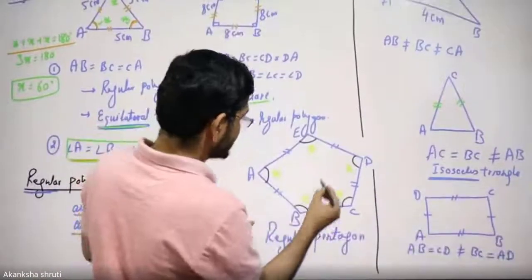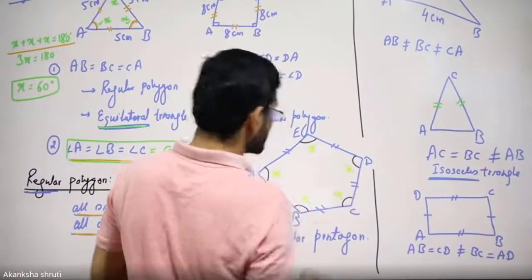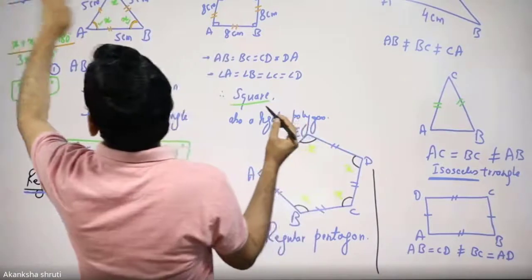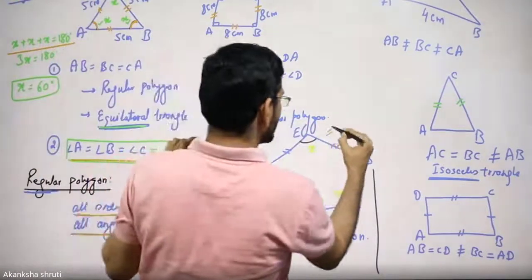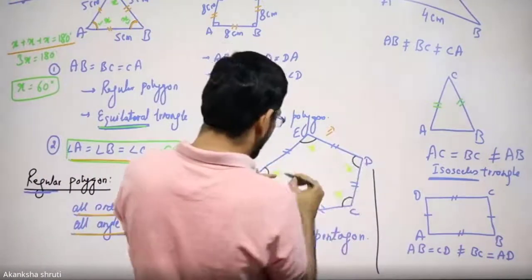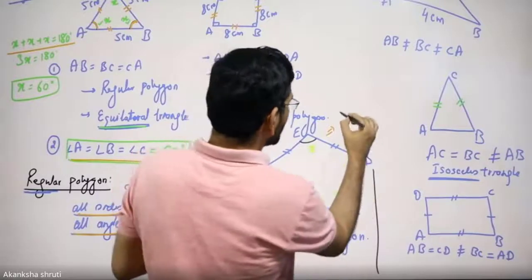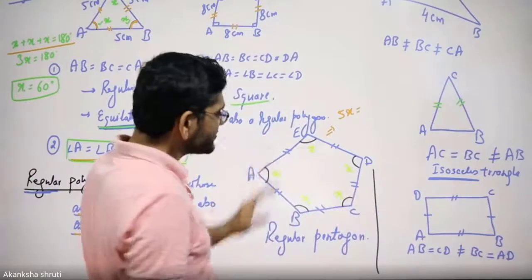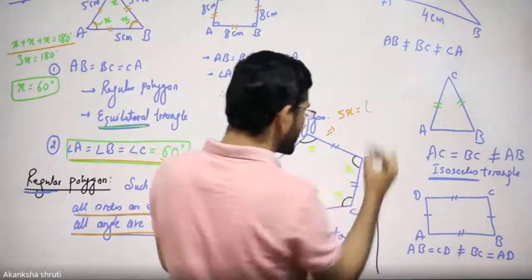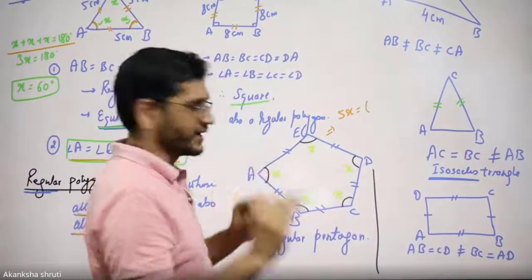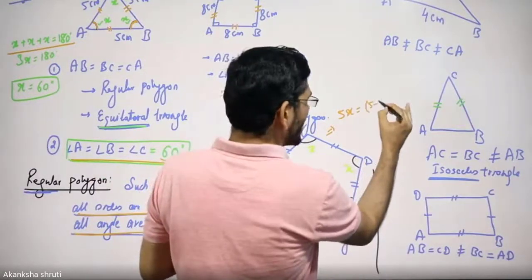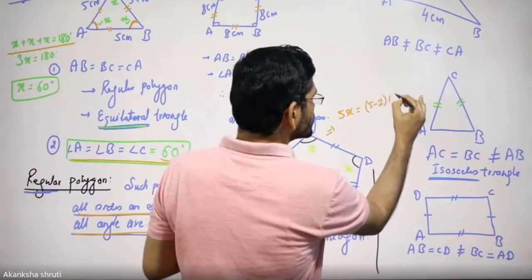Let me write it here. For calculating the internal angle, we may write like this. Students, from here the sum of internal angles can be written as X plus X plus X plus X plus X, meaning it is 5X, is equal to, what is the sum of internal angles, students? Number of sides minus 2, into 180. So the 5 sides are there, so (5 minus 2) into 180.